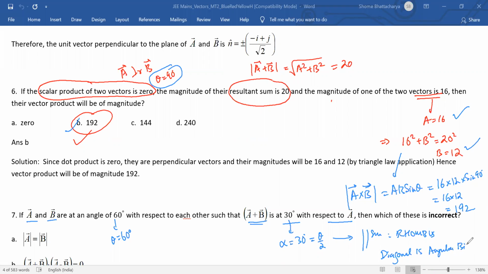So angular bisector happens in only one case. That is the case of the rhombus. So that is like the easiest way of understanding the question, without doing any calculation. Then you can proceed next in this. Okay. So if you go by that method, once you understand that this is a rhombus, so mod A is equal to mod B. So you can just easily work it out this way.